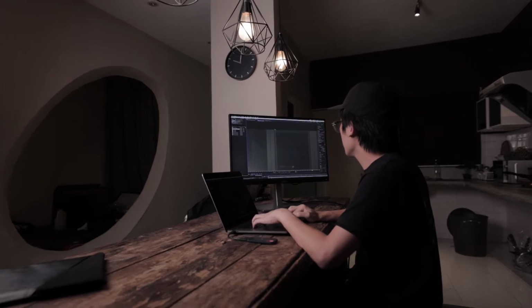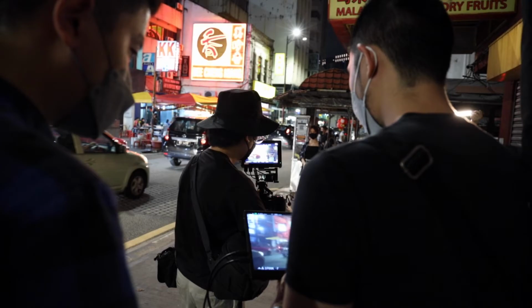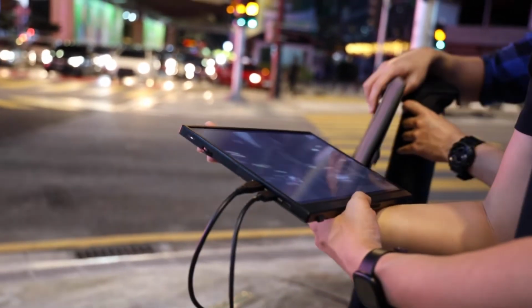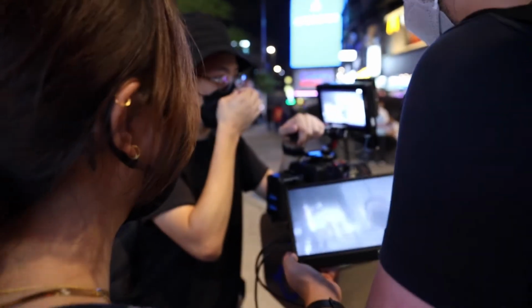And speaking of the monitor, I think you want to talk about the 14-inch monitor and how this was actually really helpful for us during the shoot itself. So what we used this for was actually as a director's monitor. I had this on me at all times as I was walking around, running and gunning with Sam and our talent as well. This was powered by a V-mount battery via USB-C and also connected to a wireless HDMI transmitter through a micro HDMI cable. The port is right